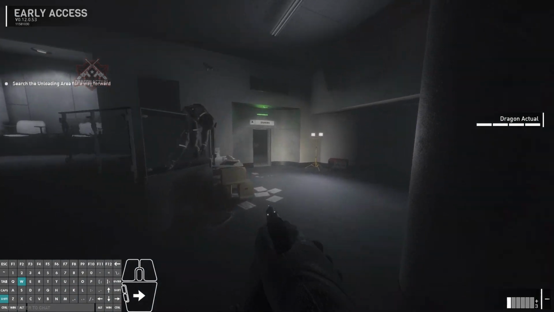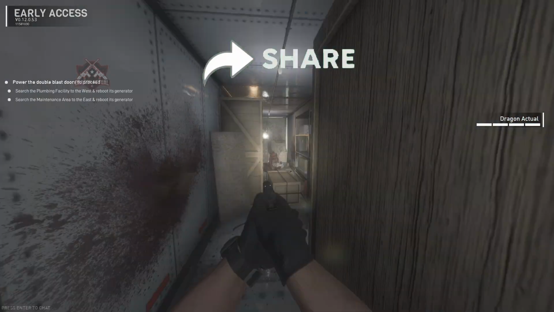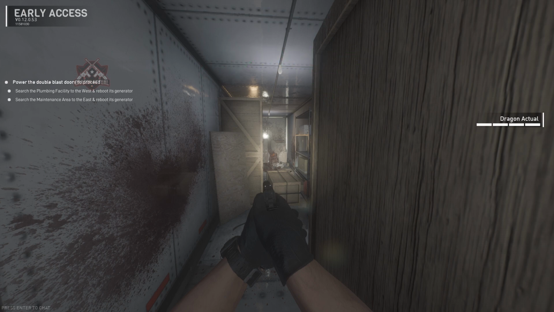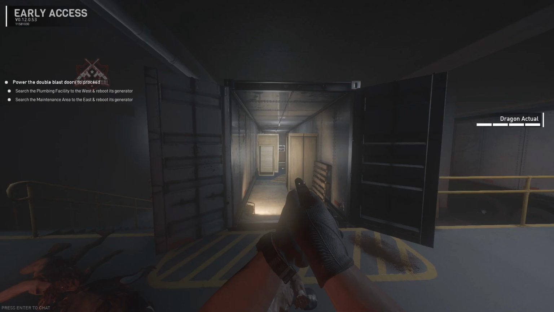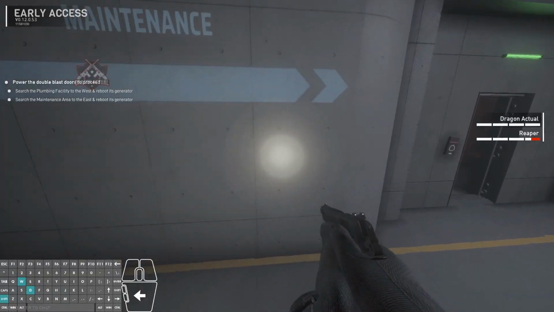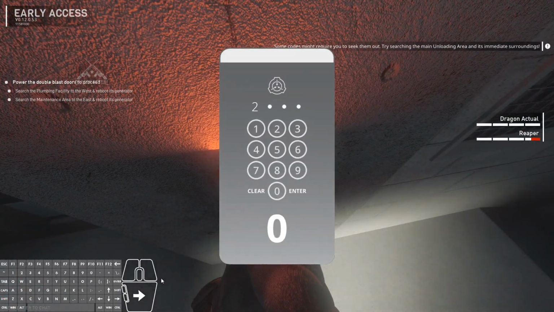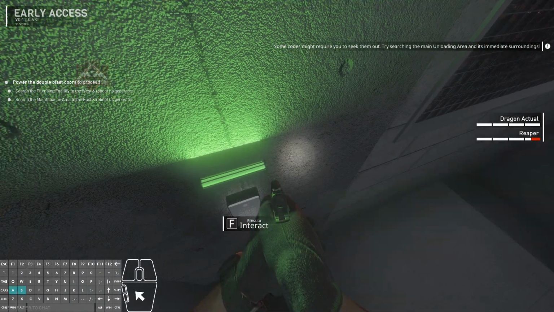room, and upon clearing the zombies, you will find your first randomly generated code at the truck containing the dead SCP soldier, and in the other truck you will find medical supplies you can use if you sustained any damage from fighting the undead. The first randomly generated code you find in the truck is then used to open the door to the control